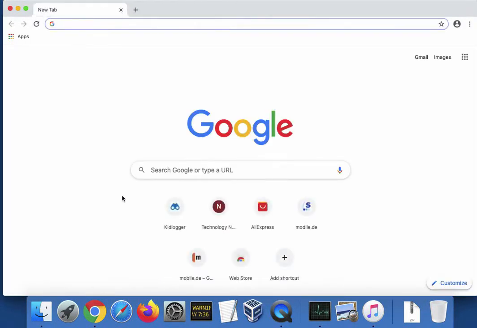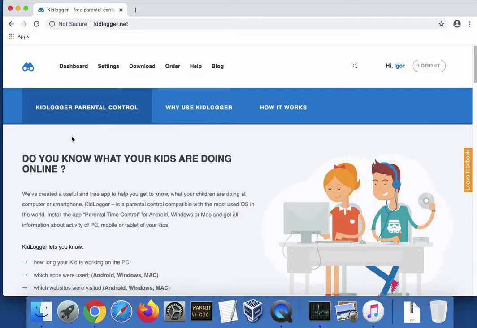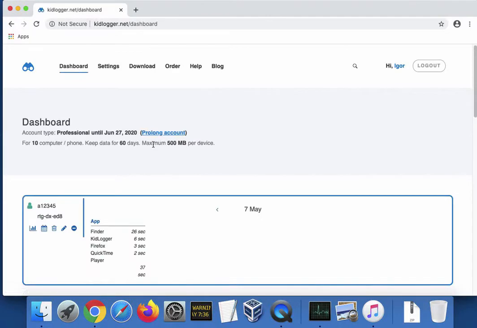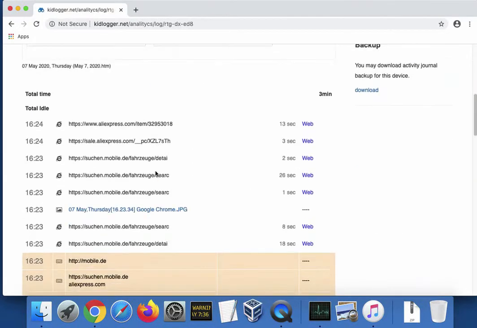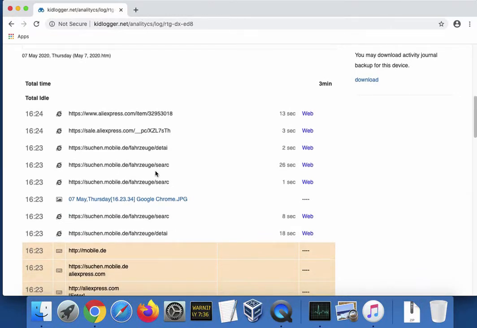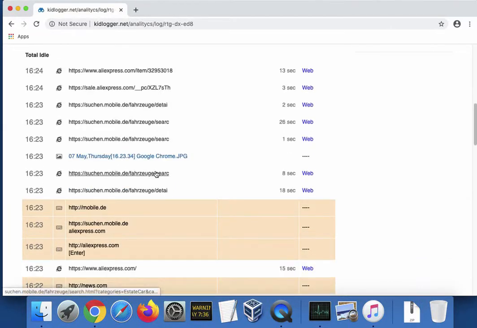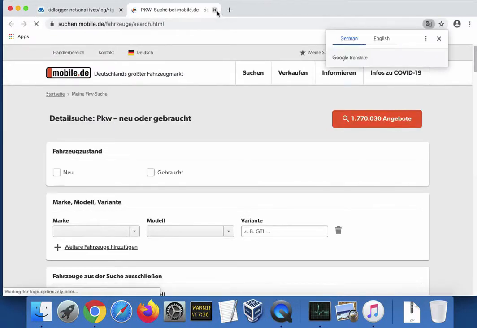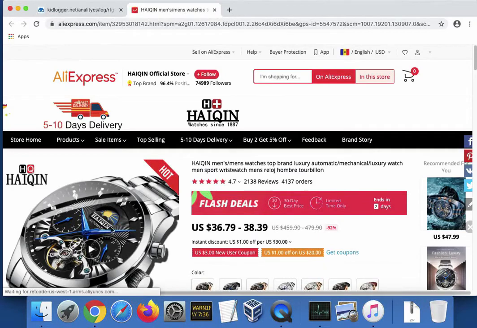Now let's see what was uploaded onto the kidlogger.net site. Well, we can see some web addresses appeared. Here is AliExpress.